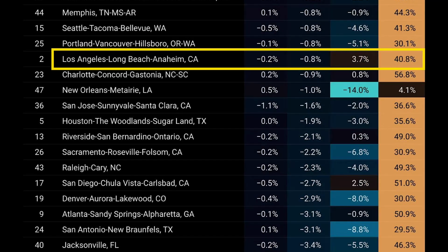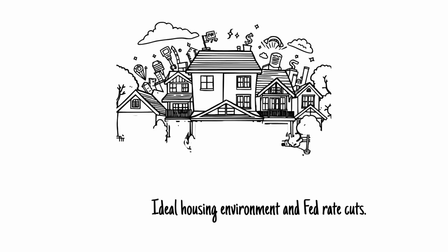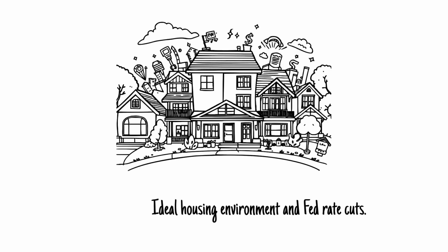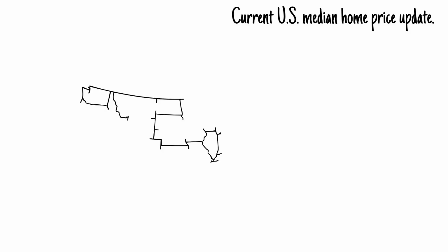Of course, we all wish we could go back to that time when homes were affordable and mortgages weren't so stressful. That was the most ideal and healthy housing environment for America. As the Fed continues to cut rates in the second half of the year, we will continue to follow the latest real estate developments. Next, let's take a quick look at housing prices in core cities from the East Coast